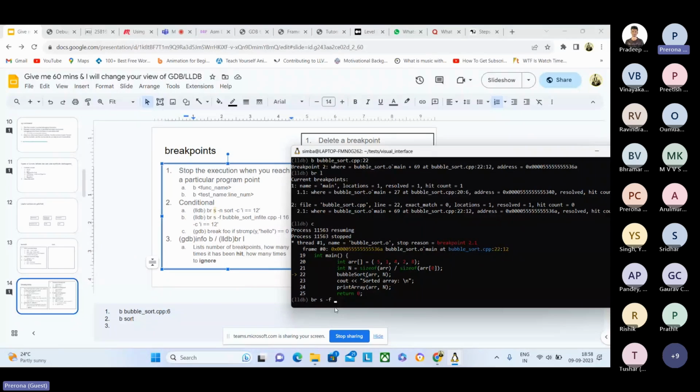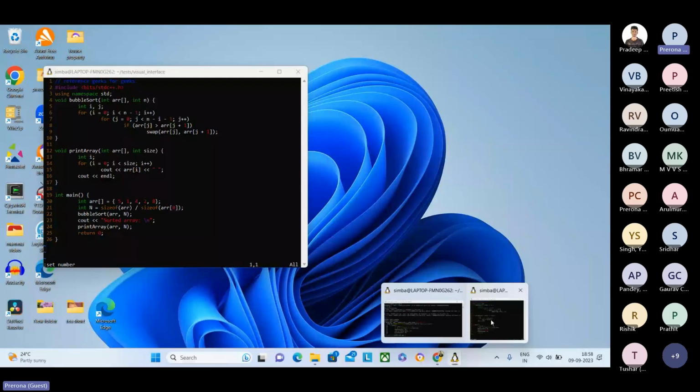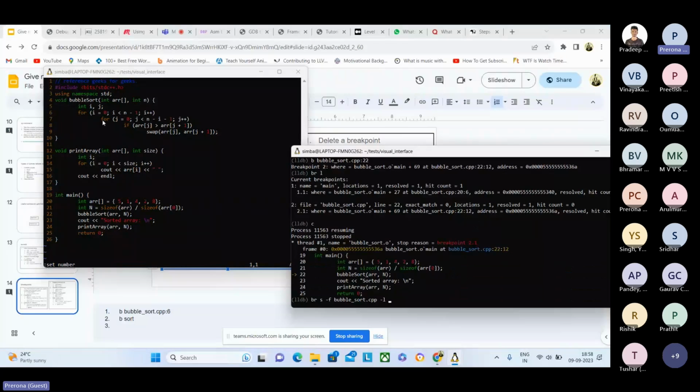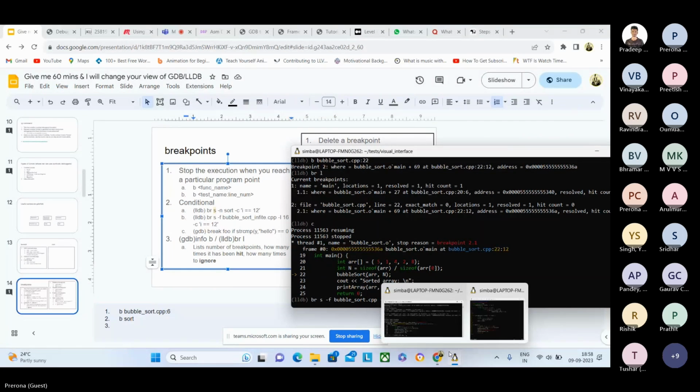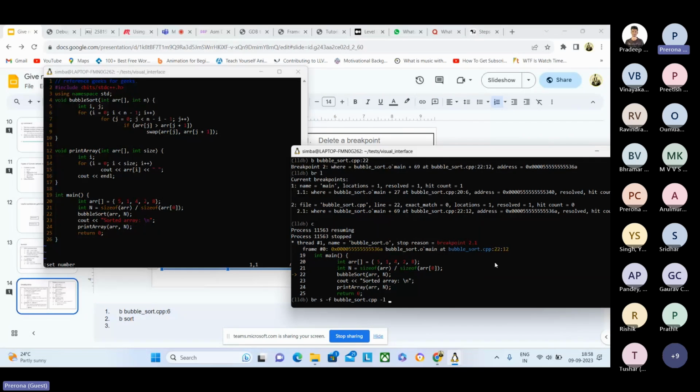The file here is my bubble sort dot cpp. Then the line number that I want to highlight here is 7. Basically, I want to stop at this point when my j is, let's say, 2. So that's why L is 7,